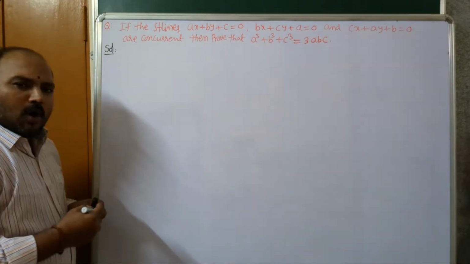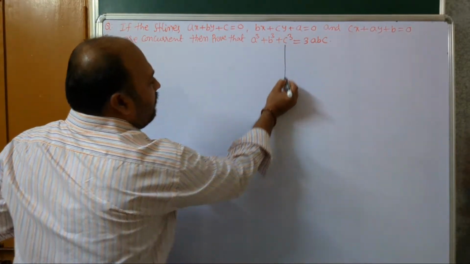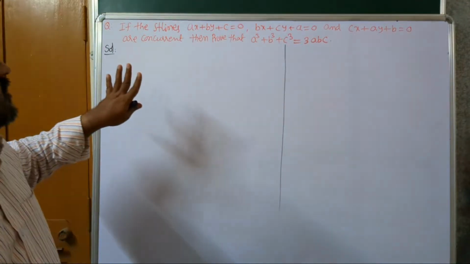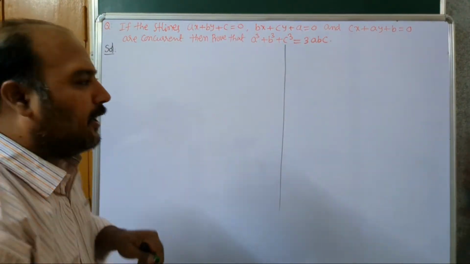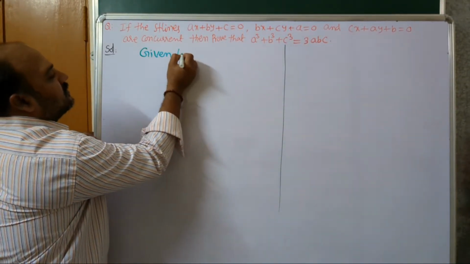Whatever the method you approach, you will get the answer, dear students. But the way of asking the question, you can give the answer. But here they are asking to find the condition if the lines are concurrent. First, given lines you write it. Given lines